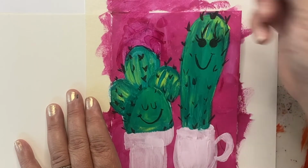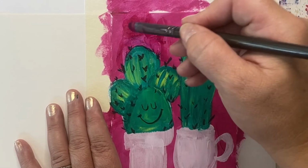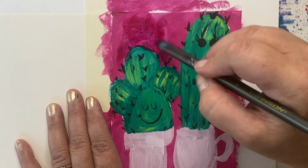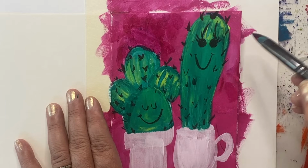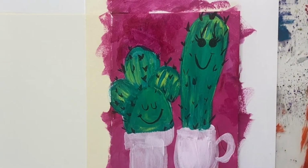So, you know, it might end up being like my favorite part of the painting, who knows? So yeah, it looks like I might have to go over it one more time. So I'll wait for that to dry. But there, see? There we go. Okay, so next we're gonna go ahead and grab more white